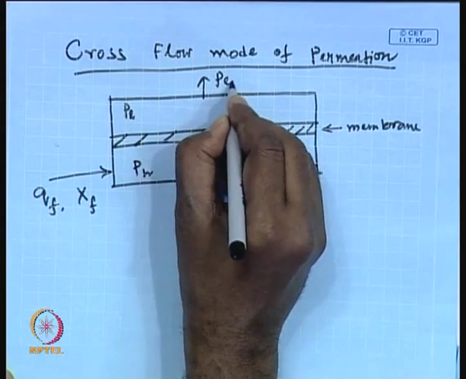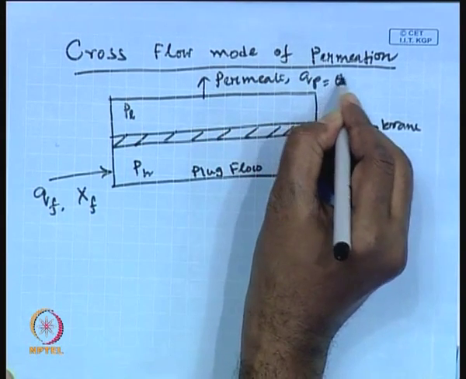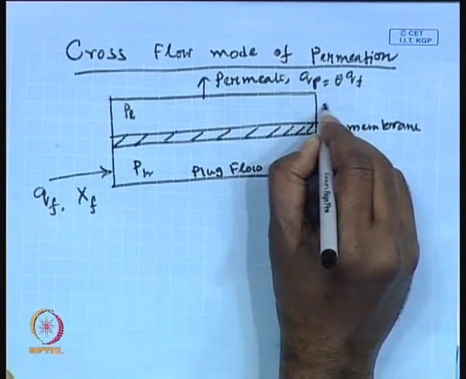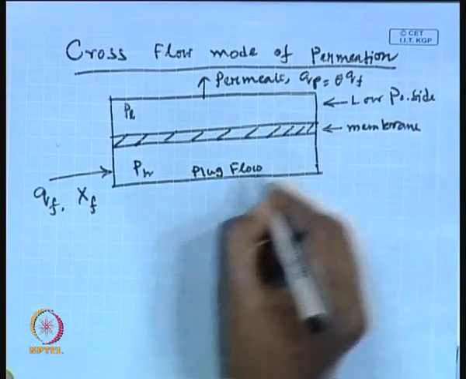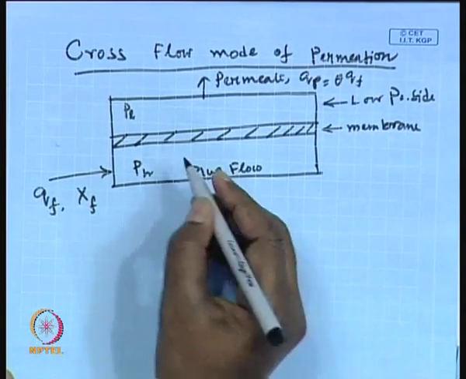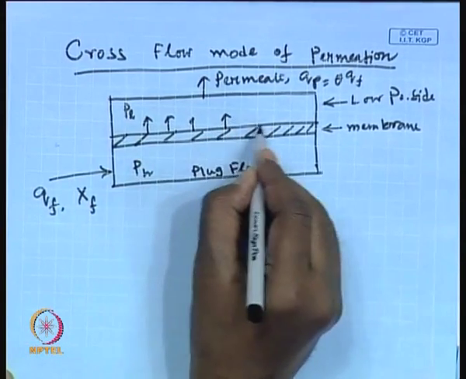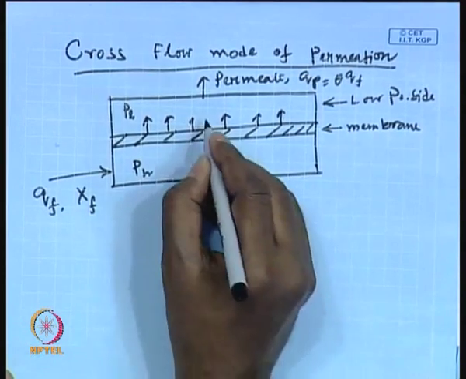and the permeate you are going to collect as Qp, which is nothing but theta times Qf. Okay. And this is the low pressure side, and this is the high pressure side, and the permeate is going to come out as a cross flow, 90 degrees to the direction of the flow rate. So, you will be having